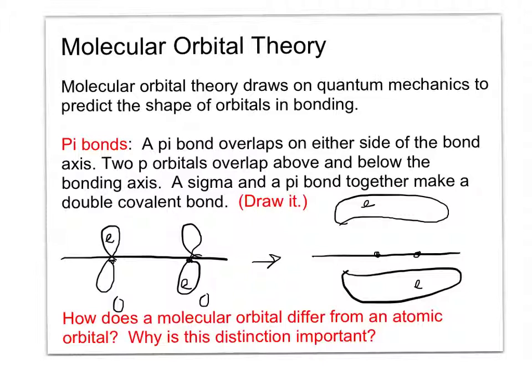Okay. After you do that, think about this question. How does a molecular orbital differ from an atomic orbital, what we talked about at the beginning of the first video, and why is this distinction important? Okay, after you've drawn that picture and answered those questions, wave me over and explain to me what you came up with, and we'll see how that goes. So go ahead and pause the video, and then when you come back, we're going to talk about hybrid orbital